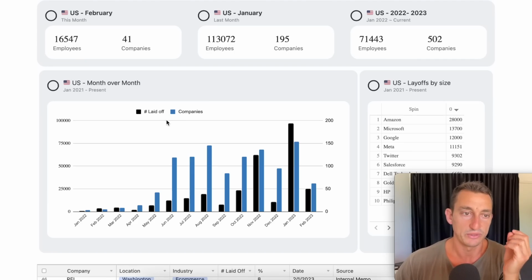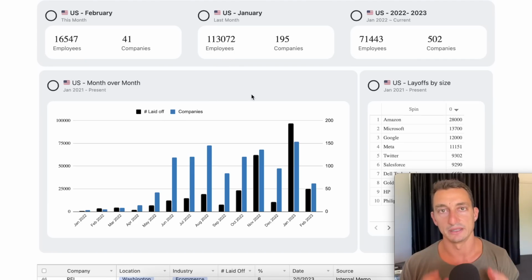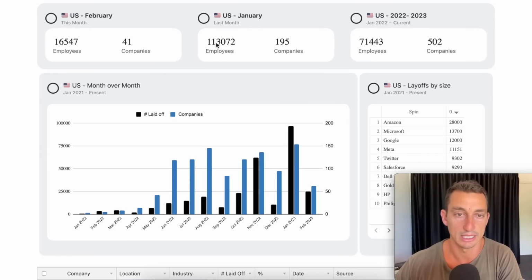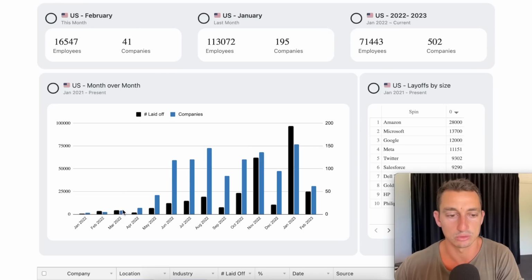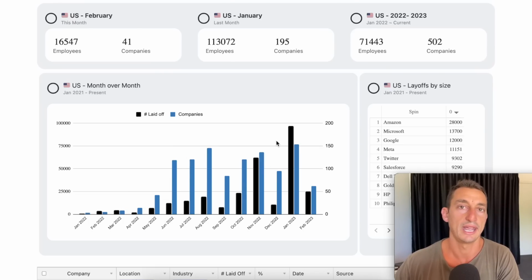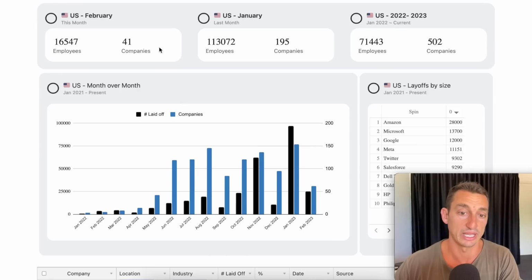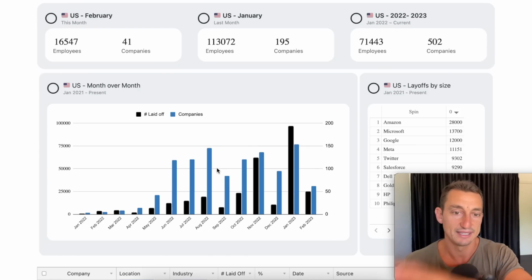But the layoffs that we've seen across the US, just to bring some of the numbers into perspective, because I want to look at this as objectively as possible before I give you my opinion, we've seen layoffs in the last month of January around 113,000. There's been consistent layoffs across the year of 2022. And of course, then we start to see the markets turn. Well, this is the Nasdaq. This is the tech layoffs. Okay, so there is a lot of fear around tech being laid off. That's going to lead to a collapse.